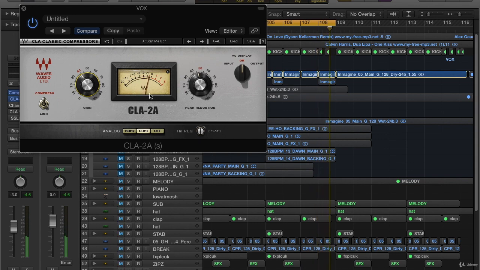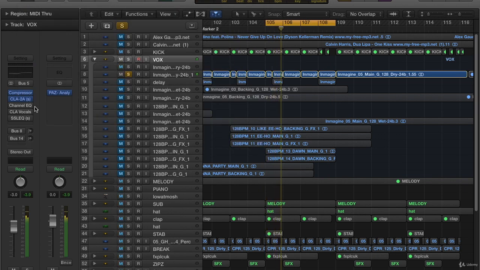Yeah, so what we've done there is we see the meter here. We've taken off about 4 and we've put it back on, and now we've got a nice fat vocal there. If we listen to it with it off,